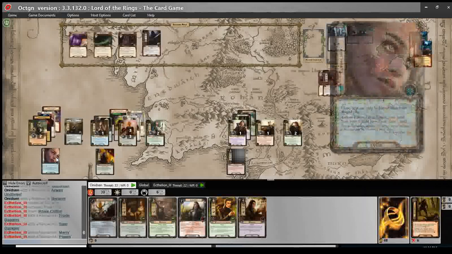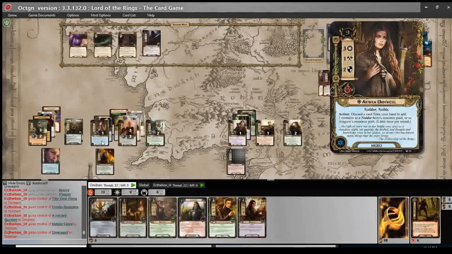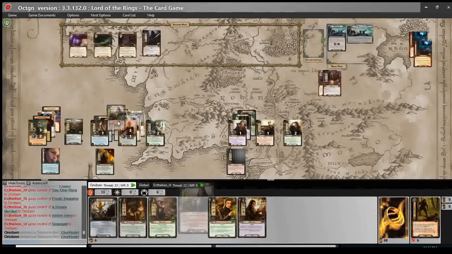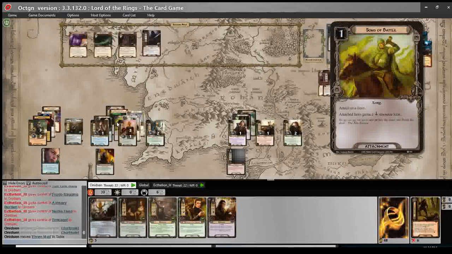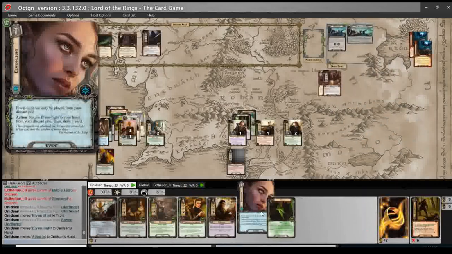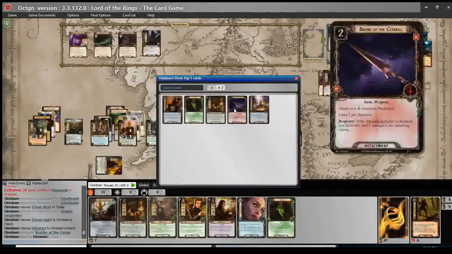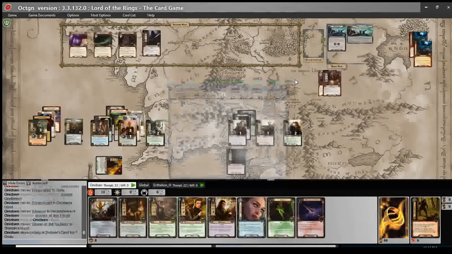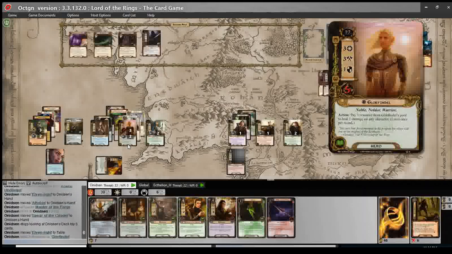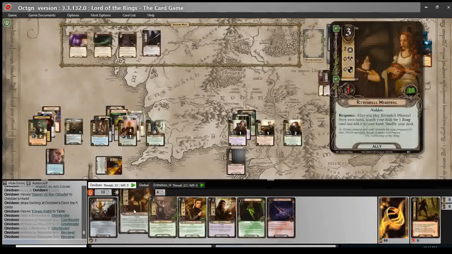Alright. So... I will spend 2 to play Elven Mail onto Glorfindel, and spend 1 from Arwen to draw Elven Light into hand. Oh, that's good. Also, Master of the Forge will get me a Spear of the Citadel. If I'd had that last round, we'd have killed that orc. Yeah. Ditch Elven Light to put a resource onto Glorfindel, and then spend 3 to get out Rivendell Minstrel,